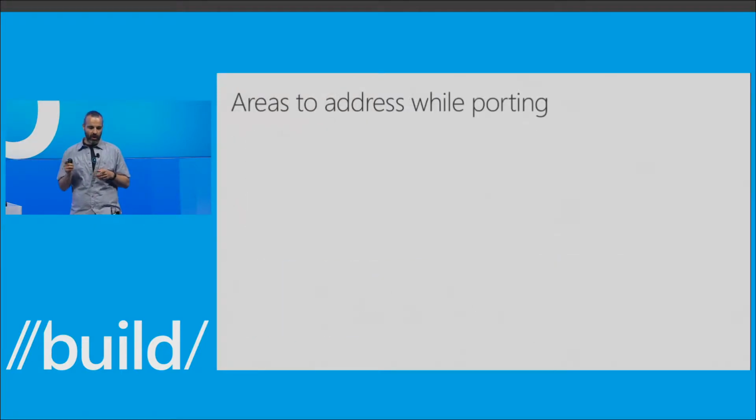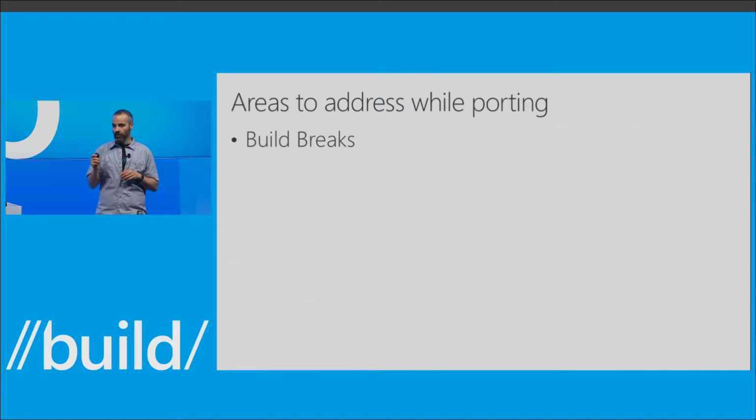All right, so before I jump into coding, there's 3 main areas you're going to need to address when porting your app. The first one is build breaks. You're going to see build breaks for 2 specific reasons. One